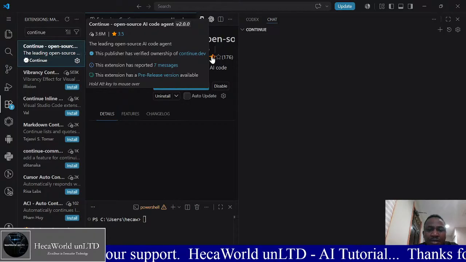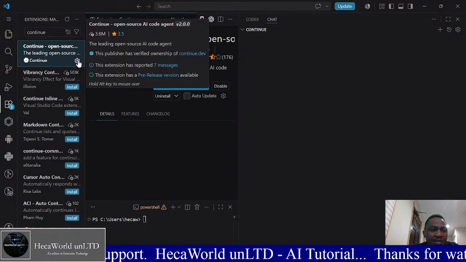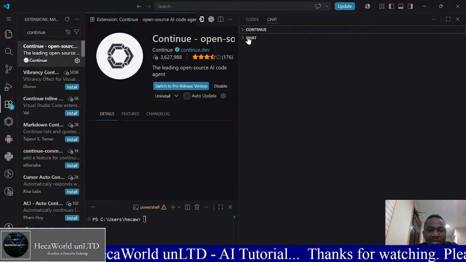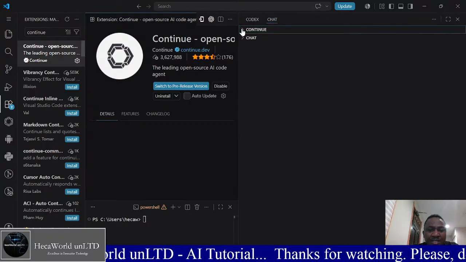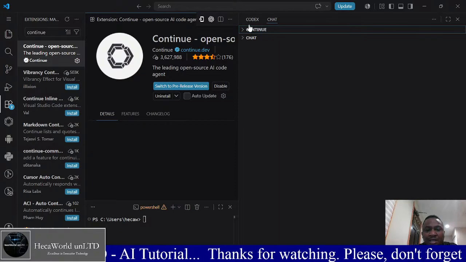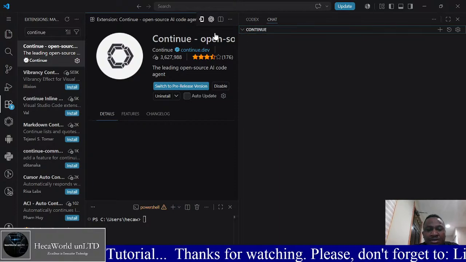So let me show you that. I've already installed it and I don't want to uninstall it or reinstall it. When you install it, you're gonna see it here, so you can drag it and keep it on any side you want. I prefer mine on the right. So here you're gonna configure